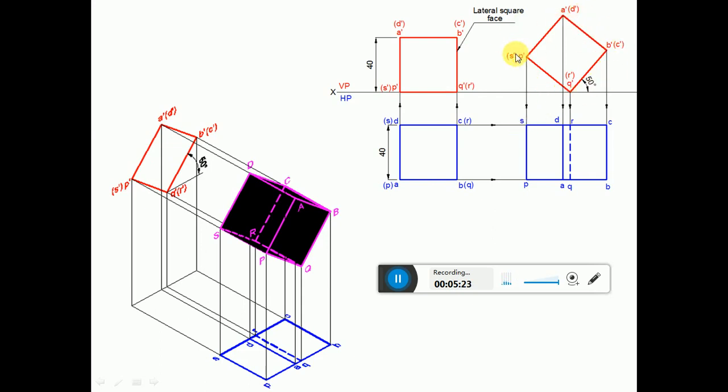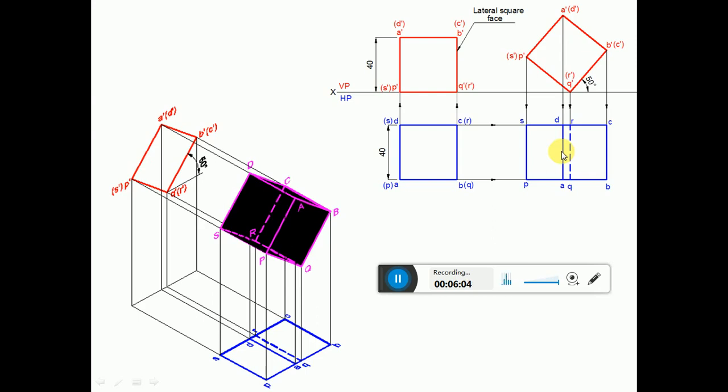Then to this you need to write the top view. Then draw a vertical projector from Q dash R dash and draw a horizontal projector from QR to get this point QR. Similarly, draw a vertical projector from B dash C dash and draw a horizontal projector from B and C to get this point B and C. Similarly, draw a vertical projector from A dash D dash and draw a horizontal projector from AD to get this point AD. And then draw a vertical projector from P dash S dash and draw a horizontal projector from PS to get this point. Then you complete the join between ABCD, and also PQRS. So that completes the top view by continuous thin lines.